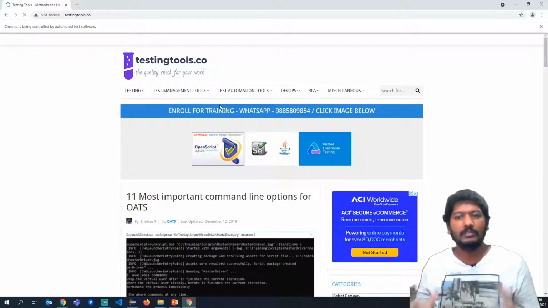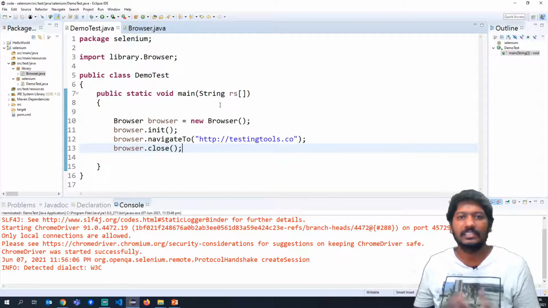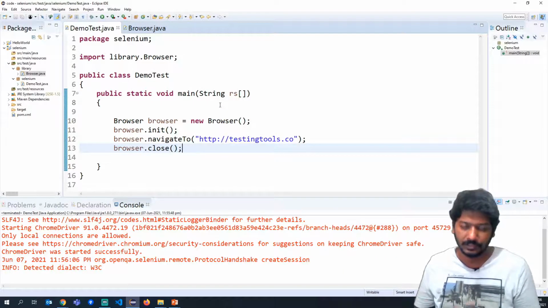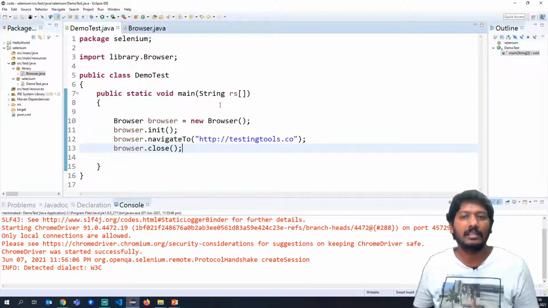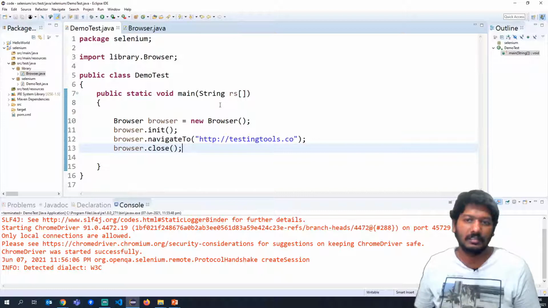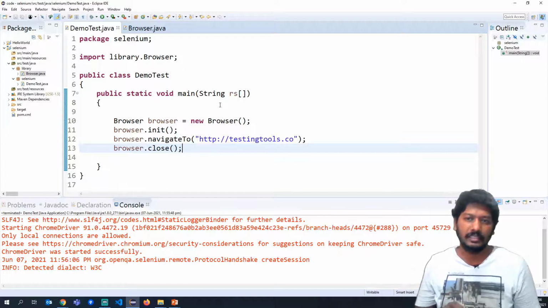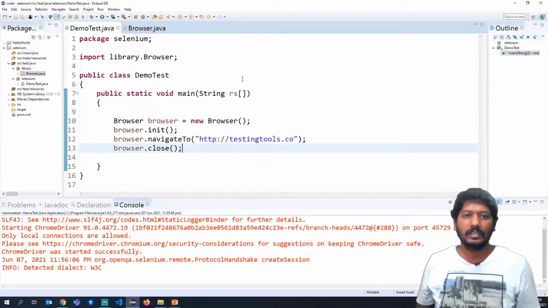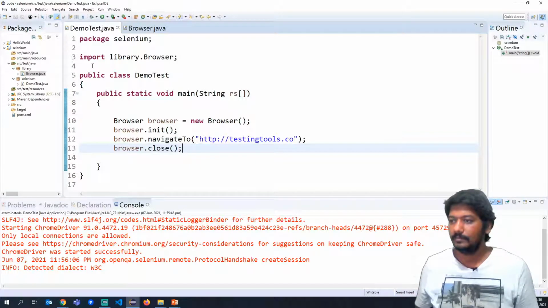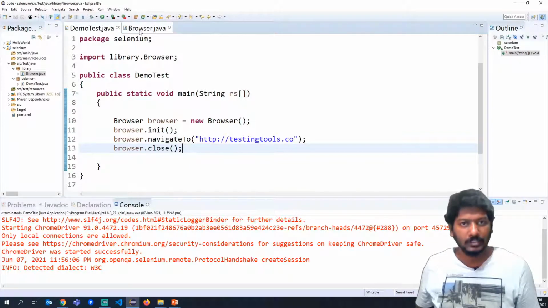See, the output of this particular code is same as what has been done in the previous videos. But the only thing is we have created a reusable function or a reusable class that you can use in your individual test automation scripts. Now, we also said that we will write this code in such a way that it can be used for any browser, right? So what I will do here, I will again go to browser.